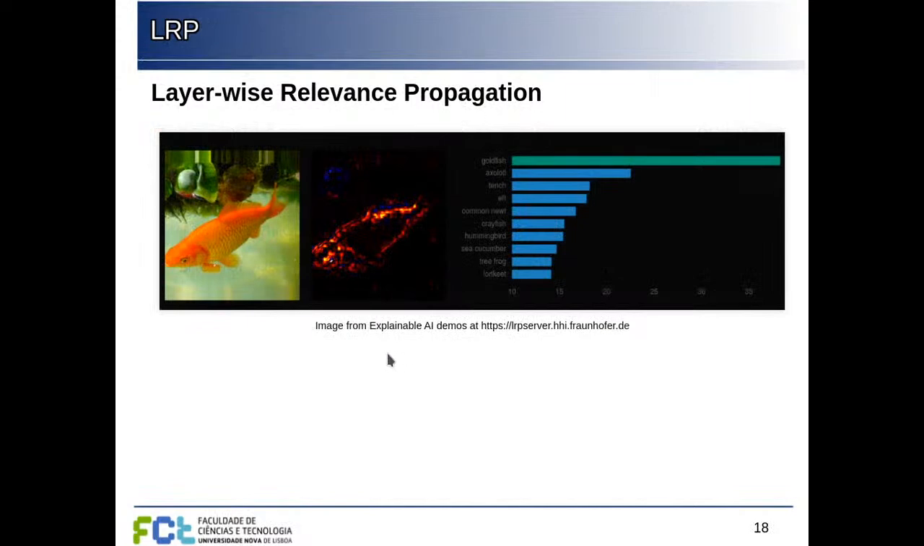This is an example. You can go to this site, Explainable AI. You have demonstrations of this. You can choose different examples. But in this case, we have a classifier. We notice that the strongest output is for the goldfish here. So we choose the neuron for the goldfish, and we're going to see the relevance of the pixels for the